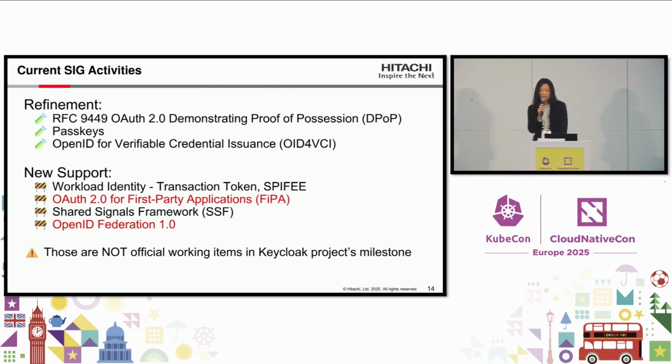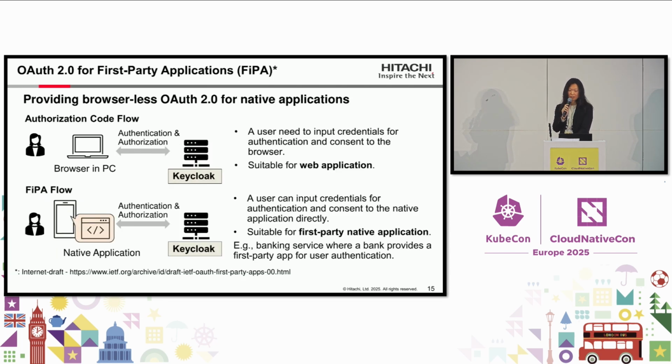Today, I'd like to pick up the specifications FIPA and OpenID Federation. FIPA allows us to provide a browserless OAuth 2 flow for native applications. As you may know, by following the authorization code flow, or authorization code grant of OAuth 2,